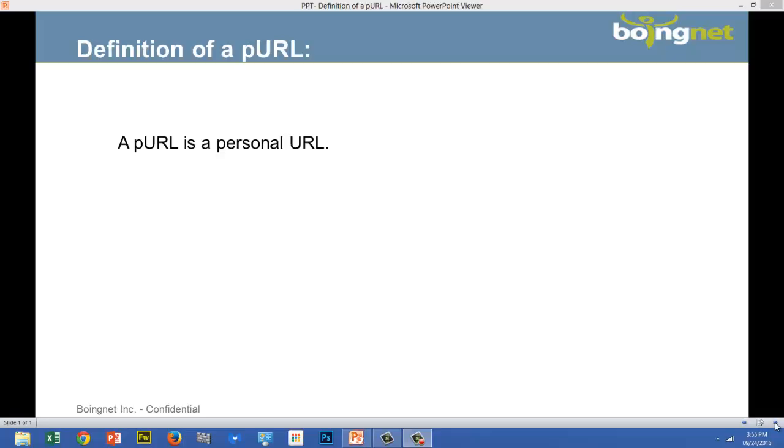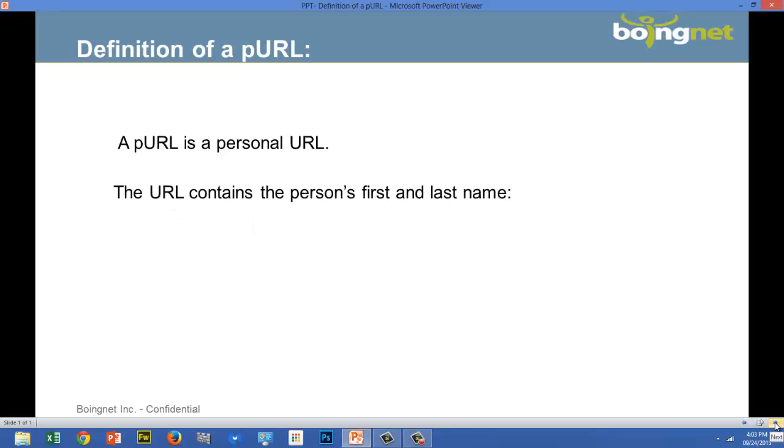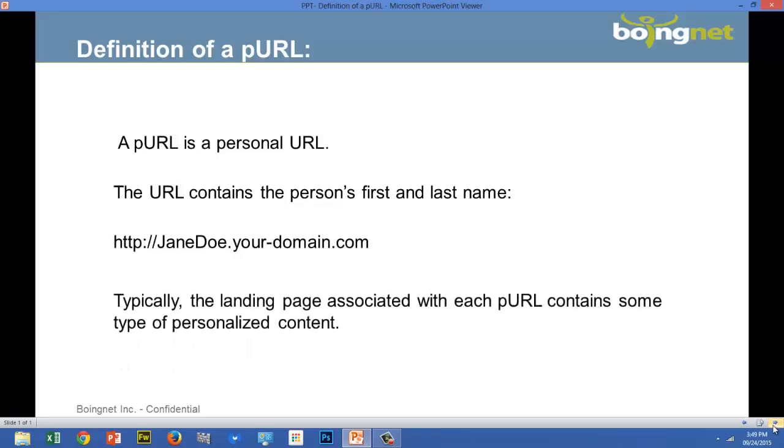A pURL is a personal URL. The URL contains the person's first and last name. In Boingnet, the structure looks like this, with the person's first and last name, .yourdomain.com. The landing page or microsite associated with each pURL typically contains some type of personalized content and is uniquely